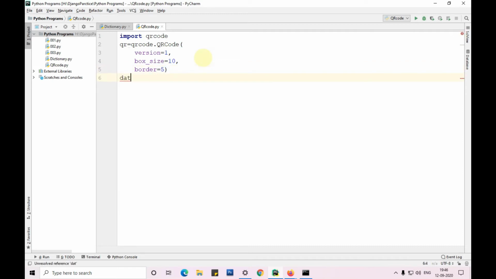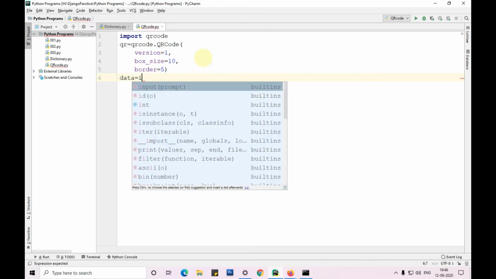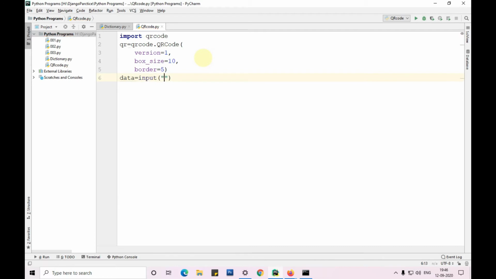Now I am creating a data variable and taking the data as input from the user. Enter any text.